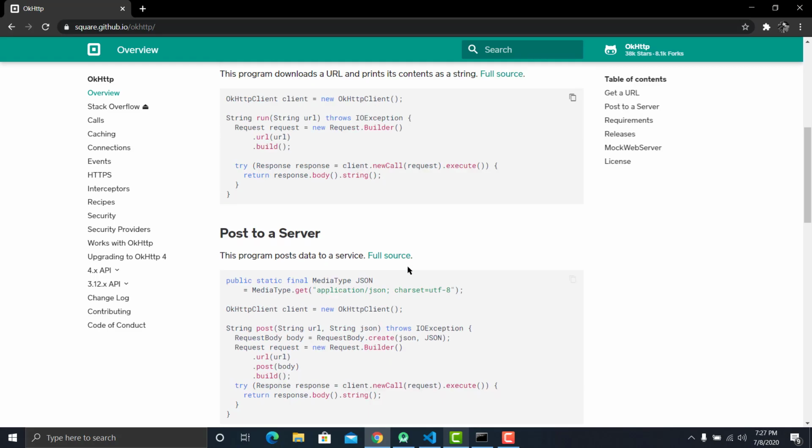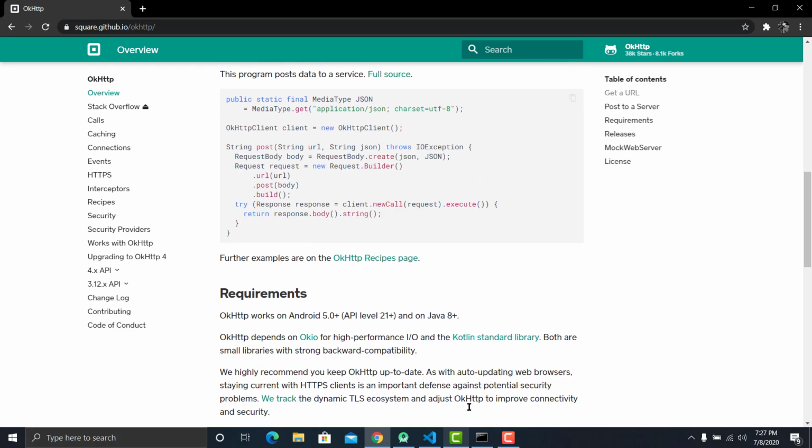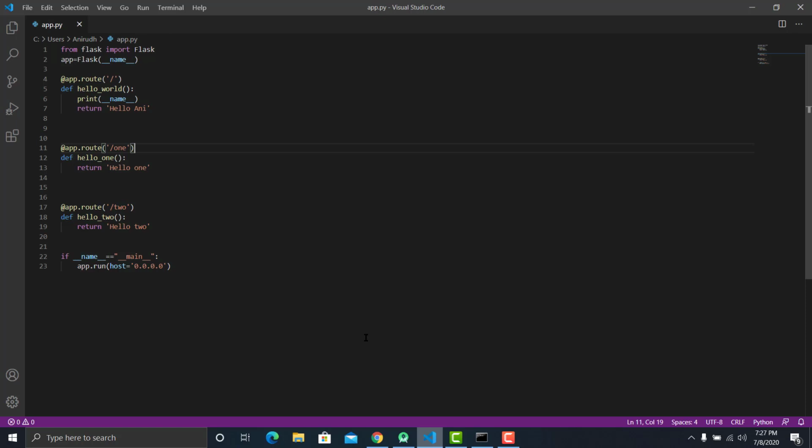Next, we'll have to make some changes in your Flask server. So you see that the program is the same, except I made one change here. I just made host equals 0.0.0.0. So what does this mean? Saying host equals 0.0.0.0 means that this Flask server will be hosted on your IP address instead of your localhost. That means that any computer or any device outside of your computer and in your local network can make requests to your Flask server.